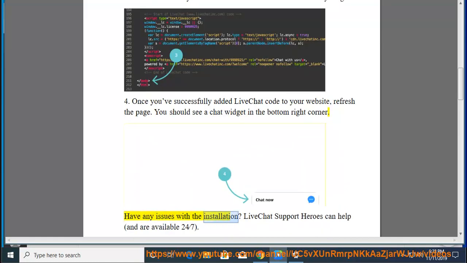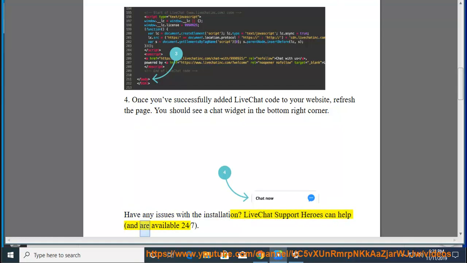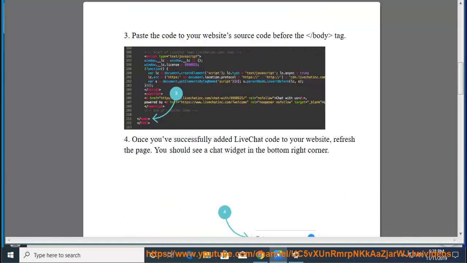Have any issues with the installation? LiveChat support heroes can help, and are available 24/7. Install LiveChat using